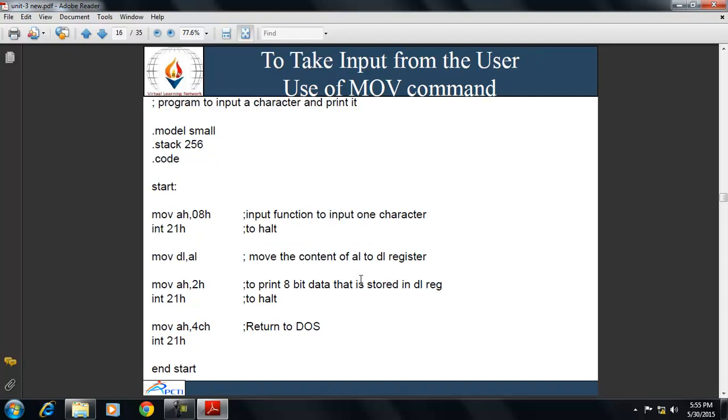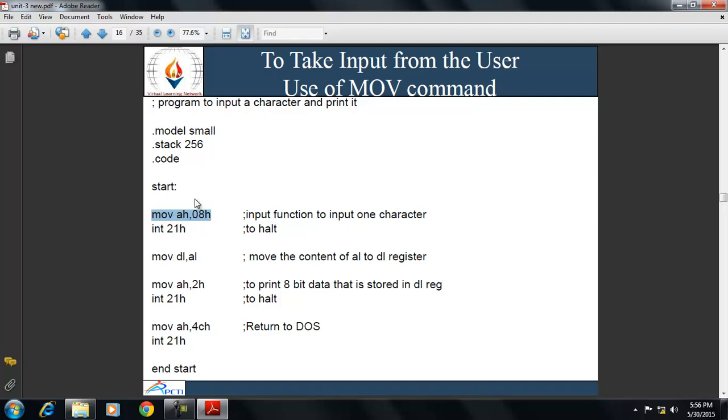Next, if we want to take input from the user, then again we have to define the memory model, define the stack size and start the code segment. We define the name of the code segment and we end the code segment with end then the code segment name. Now AH 08H, this function is used to input one character from the user.